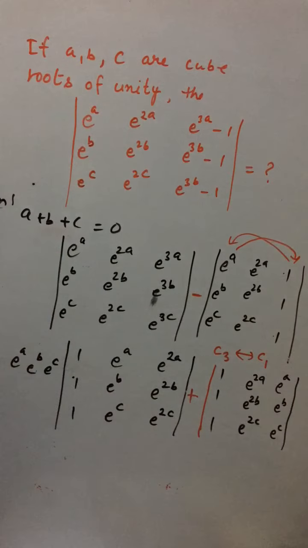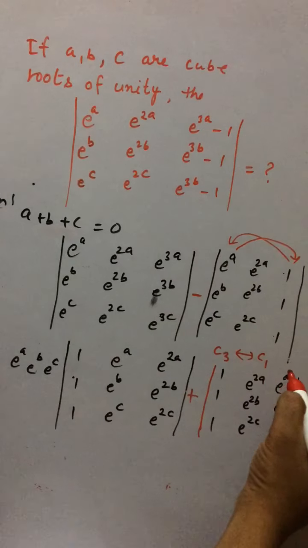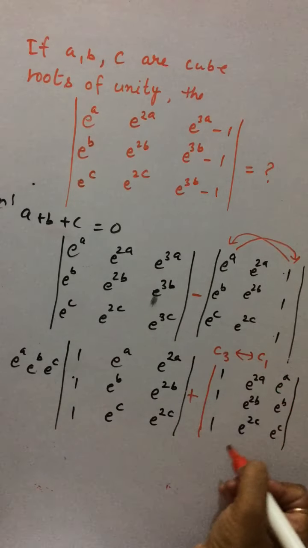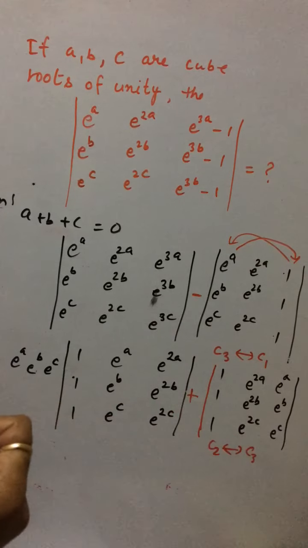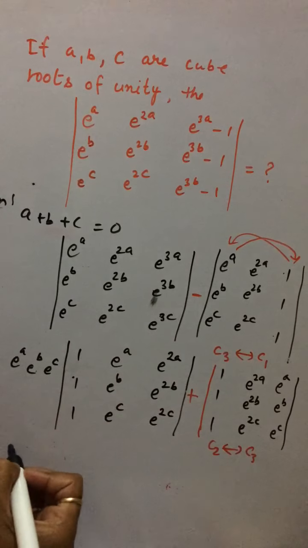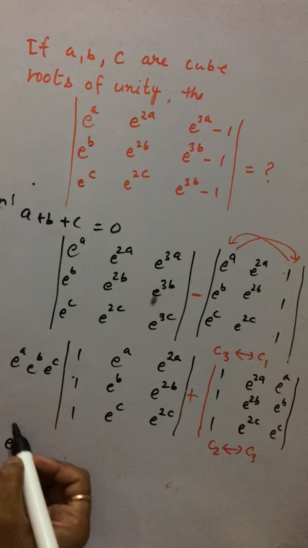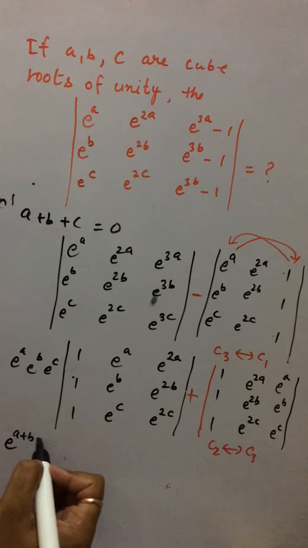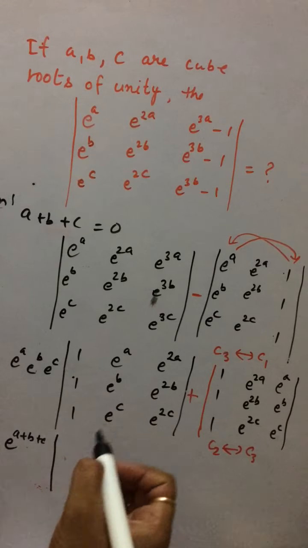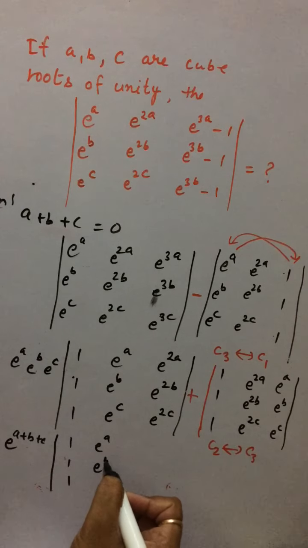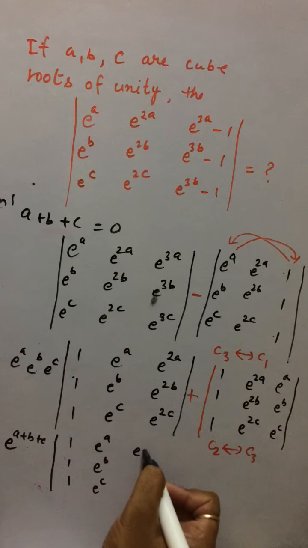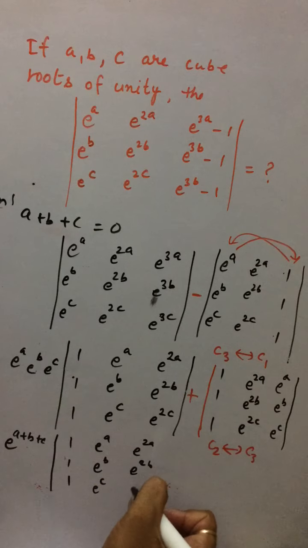So we can do C2 interchange C3. Again the sign of the determinant changes. So e raised to power a, b, c, that means e raised to power a plus b plus c, you can write like this. And here in this case 1 1 1, e raised to power a, e raised to power b, e raised to power c, e raised to power 2a, e raised to power 2b, e raised to power 2c,